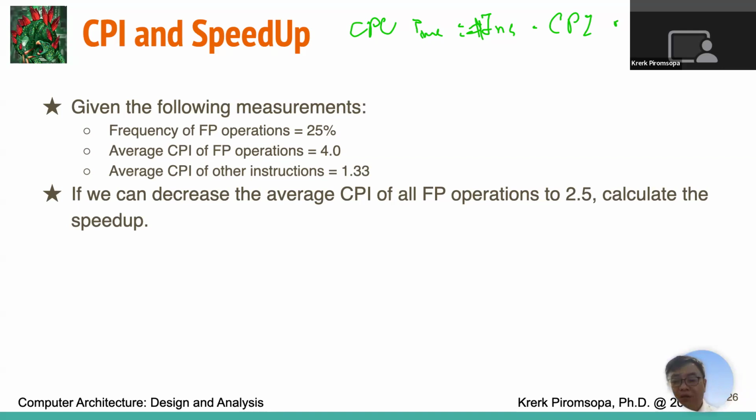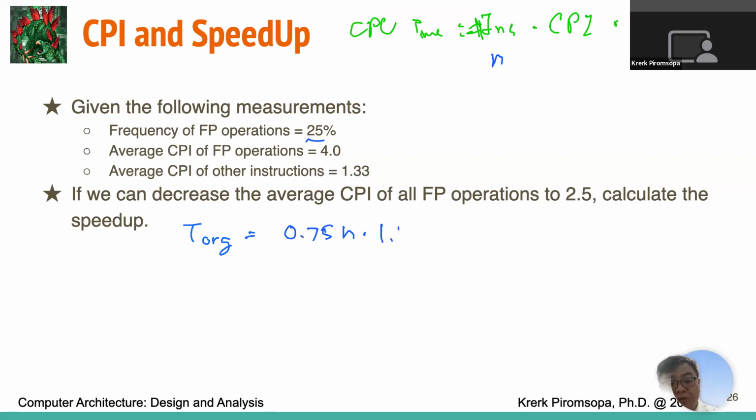Okay, I'll show you how I will do it. So it's like this. The original time would be, let's say we have n number of instructions. Just put n here. They say 25% is for floating point. The other would be what? 75%. So it would be 25% of n